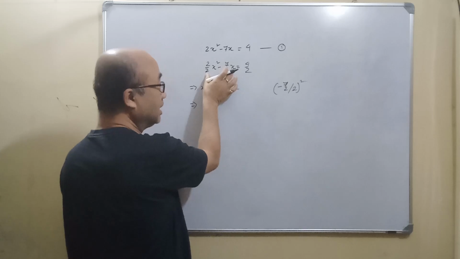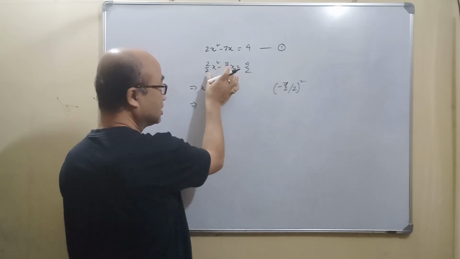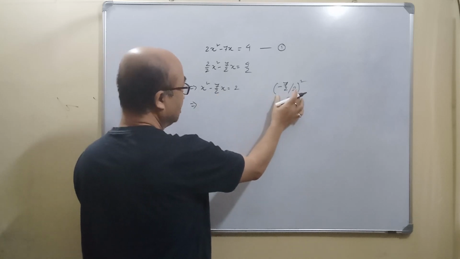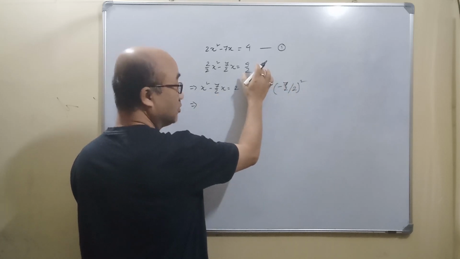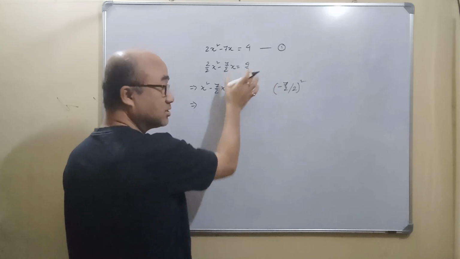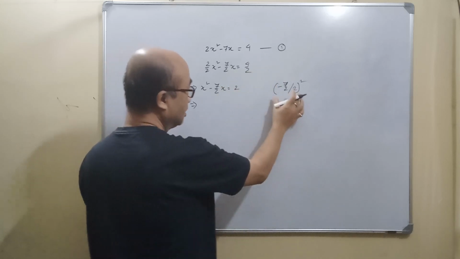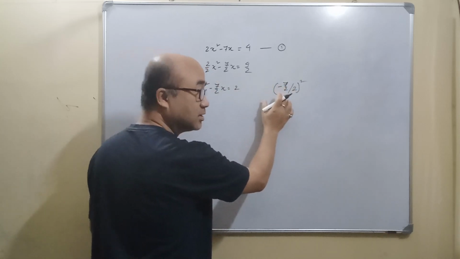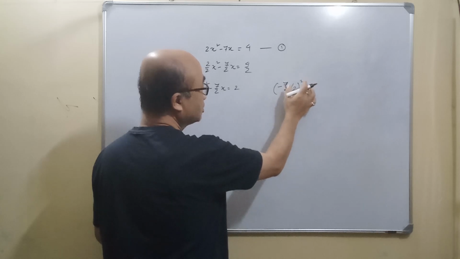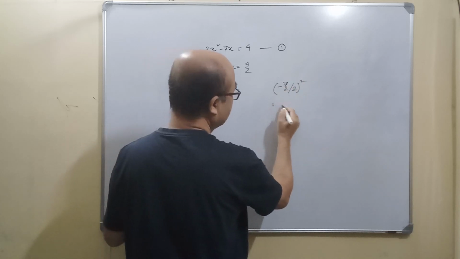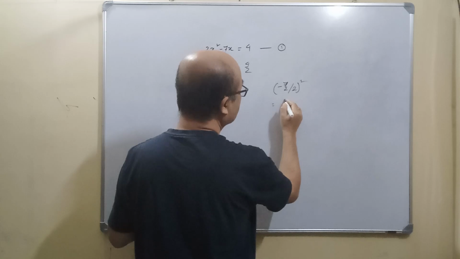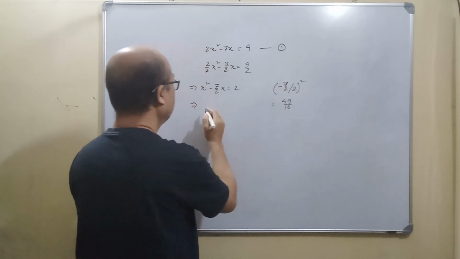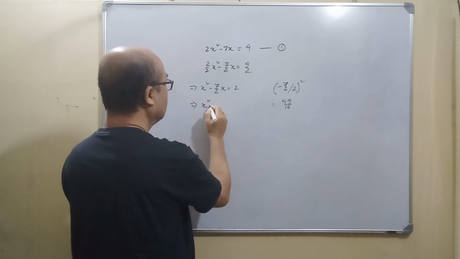We have to add it to the left hand side so that it becomes a perfect square. Then we have to add it to the right hand side also so that the equation remains the same. So the term to add is minus 7 by 2, the coefficient of x, divided by 2, squared. So what is the value? It is 49 by 16, minus into minus is plus. So it becomes